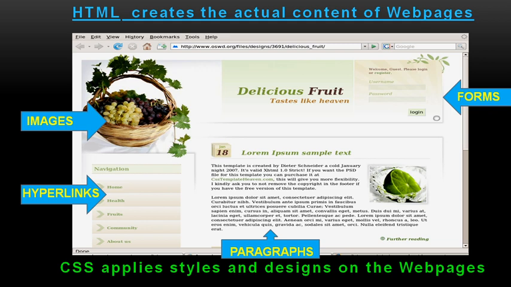But if we want to design the layout of the web pages and make the web page more attractive by adding styles and designs, we have to use CSS. CSS applies the styles and designs to the web pages.